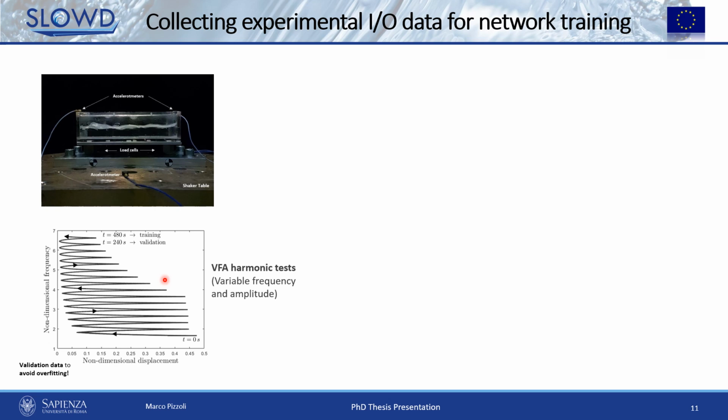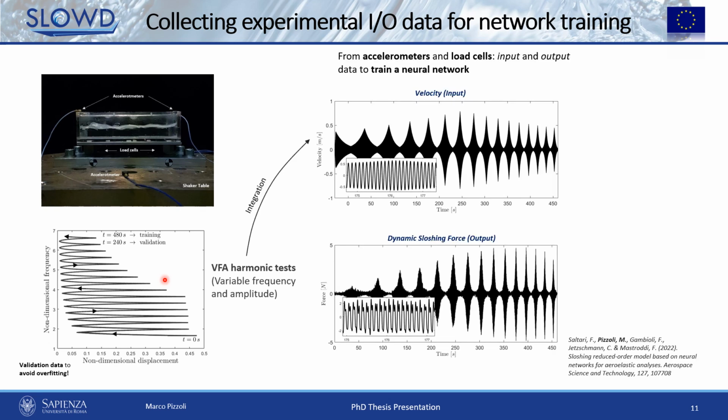And thanks to the sensors, it was possible to measure the input represented by the vertical velocity imposed on the tank by the electromechanical shaker, and the output represented by the dynamic sloshing force. And it is important to note also that this type of training data